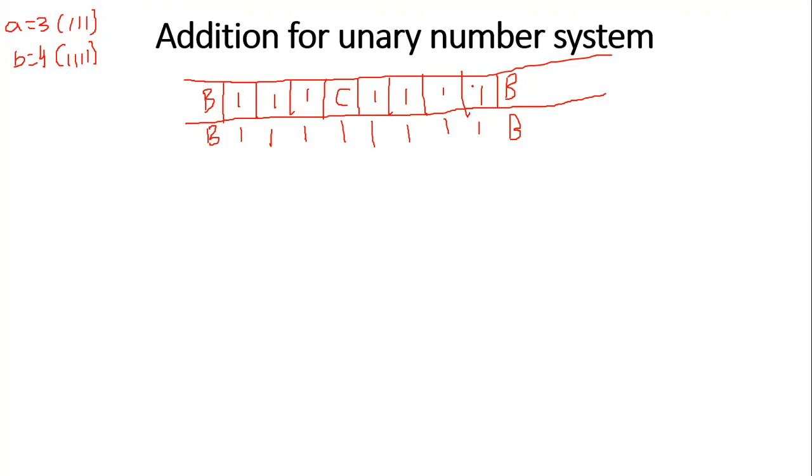So what to do? We need 7 ones, and we don't want one extra one. How does this one extra one come? This extra one comes from changing C to 1. So to compensate for this extra one, I'm going to change the last one to a blank symbol. I'm changing the last one to a blank symbol to compensate for the one extra we get after changing C to 1. That's it. It's very simple.